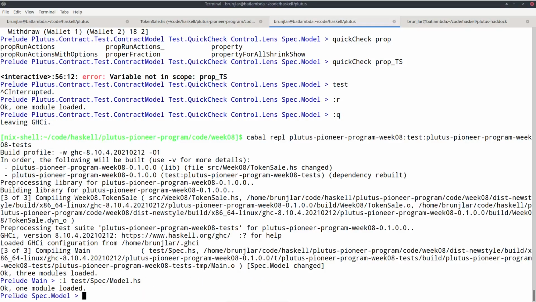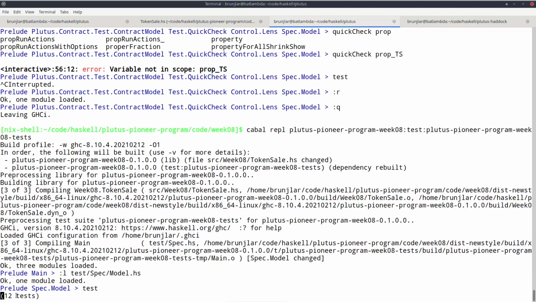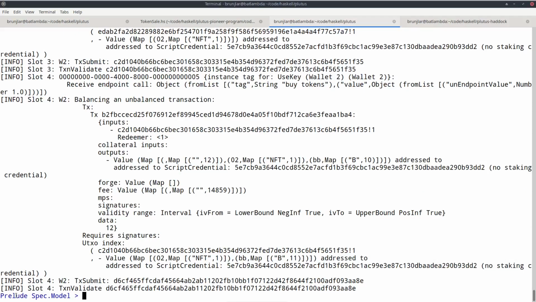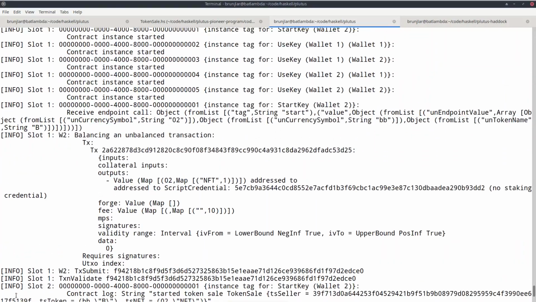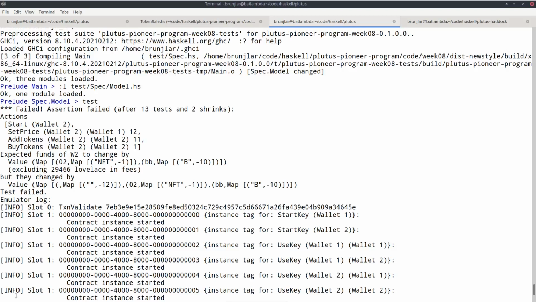And if I now reload and call test, then QuickCheck indeed finds the bug, finds a counterexample. So let's see what that looks like. So after 13 tests and 2 shrinks, this is the action sequence that led to the bug.